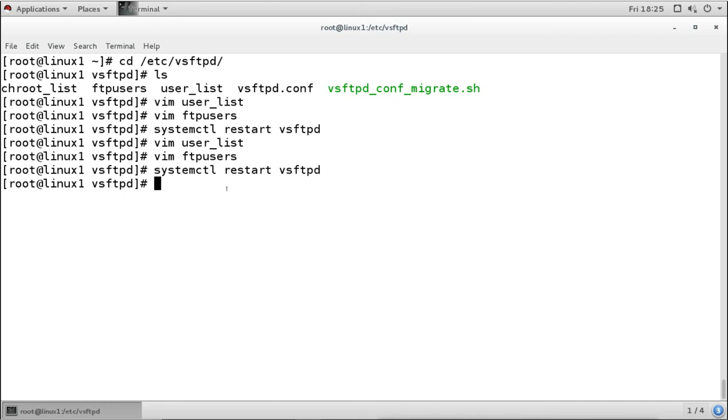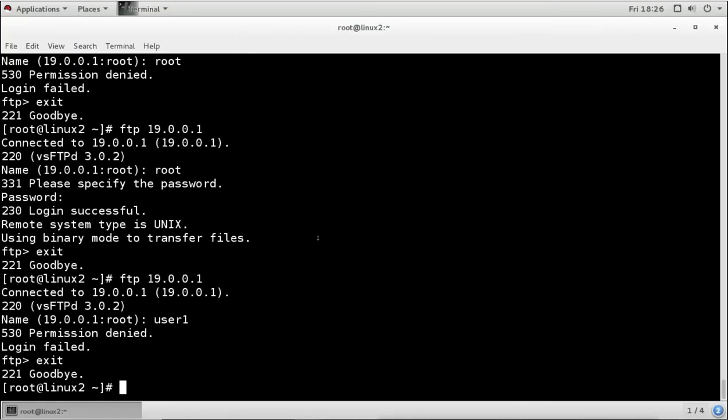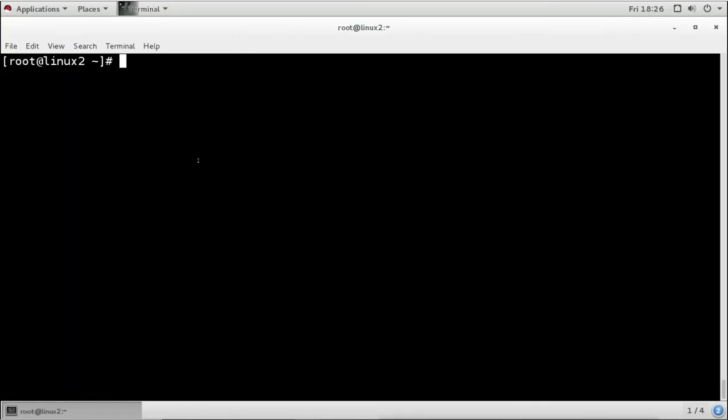So what can we do? We can use a secure connection. Instead of the FTP command, we can use the SFTP command.